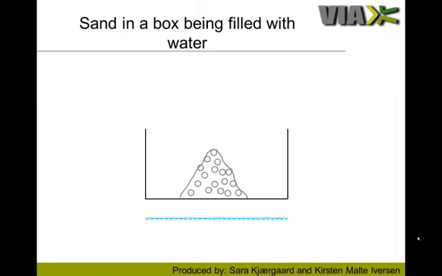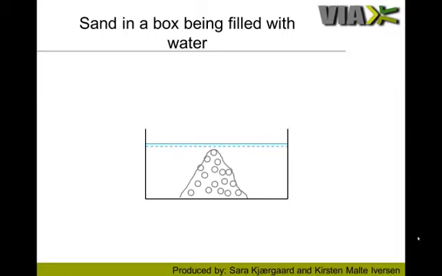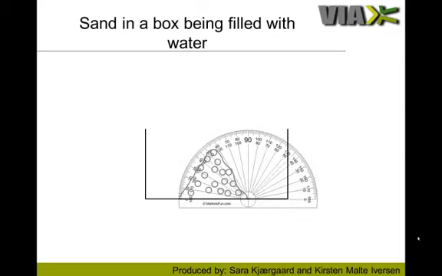Now the box is slowly filled with water in the corners of the box. As the water rises, the slope of the heap remains unchanged, which shows that the angle of shear resistance is the same for saturated and for dry sand. As the water is slowly removed, the heap is still unchanged, and thereby the angle of shear resistance is still unchanged.